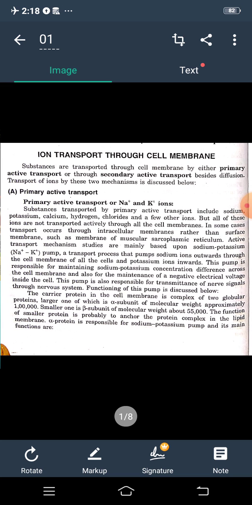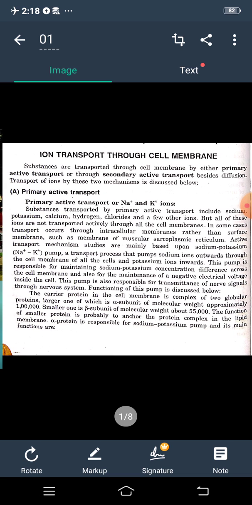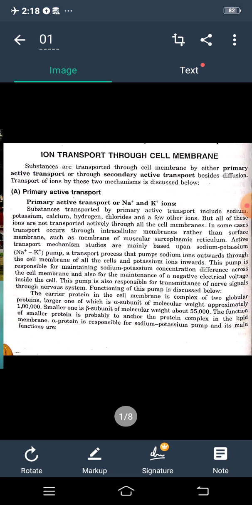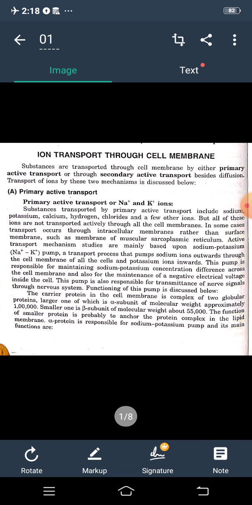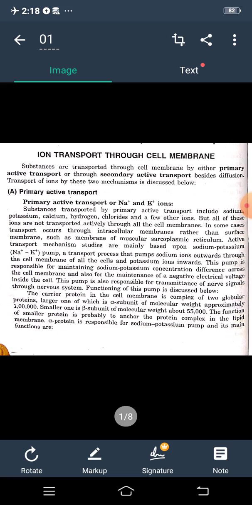The carrier protein in the cell membrane is a complex of two globular proteins, the larger one of which is the alpha subunit of molecular weight approximately 1 lakh, and the smaller one is the beta subunit of molecular weight about 55,000. The function of the smaller protein is probably to anchor the protein complex in the lipid membrane. Alpha protein is responsible for the sodium potassium pump and its main functions are: